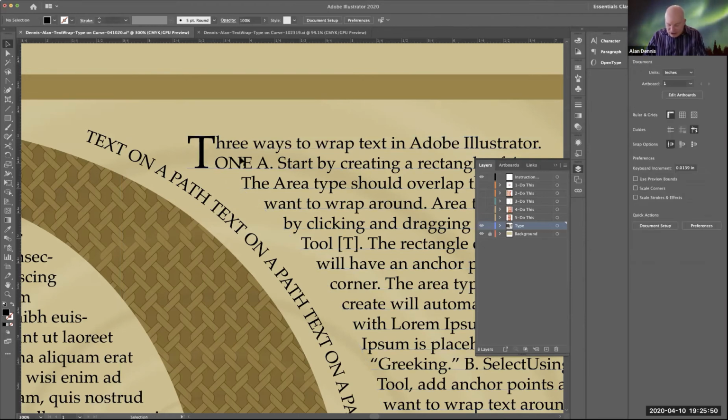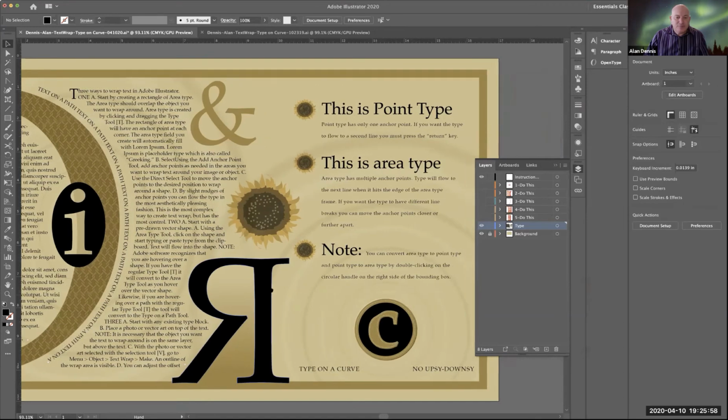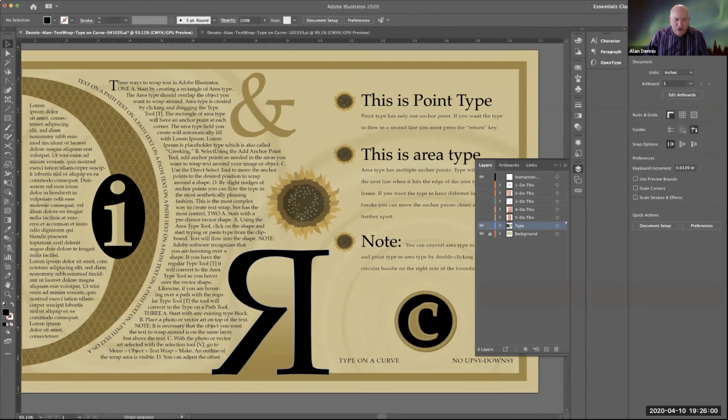So that's the touch type tool. Added a little pizzazz to our type. That's attractive. Text wraps add pizzazz to type. And the last thing we're going to do, I'm going to hit save, is we're going to do some type on